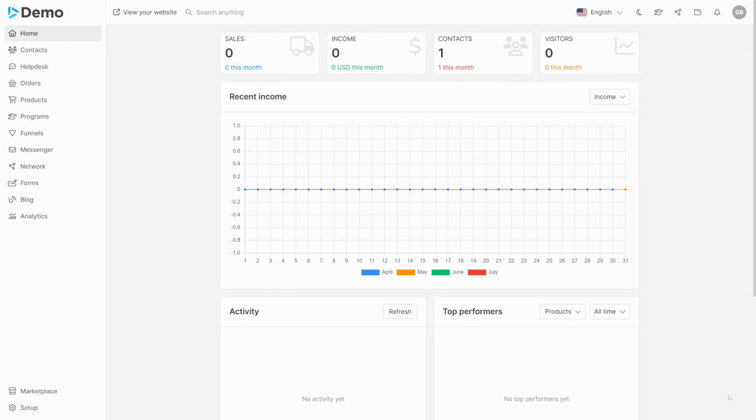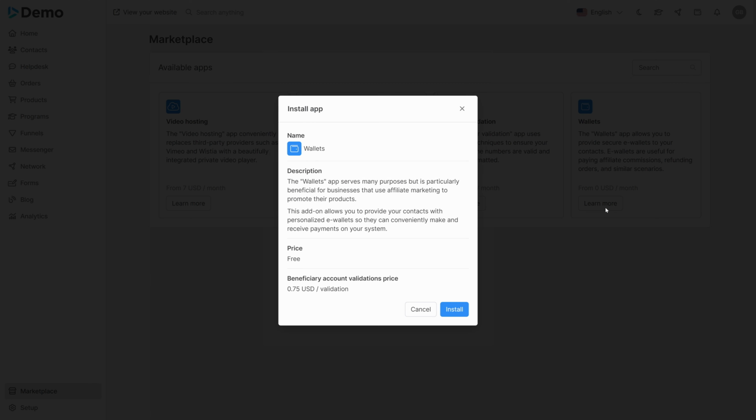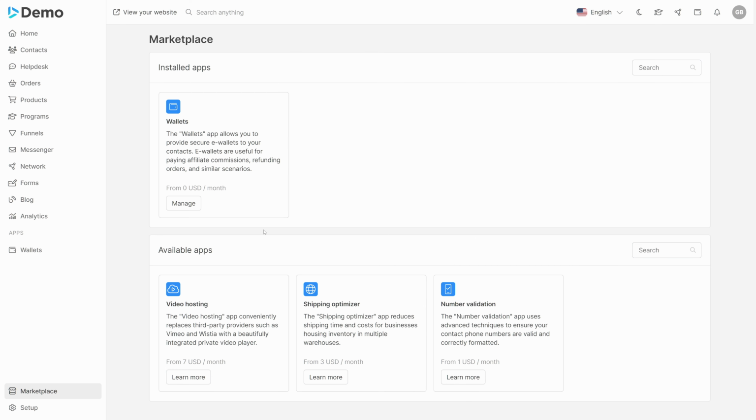To make a payment into a user's wallet, you're first going to make sure that the Wallets app is enabled. So I'm going to navigate over to the marketplace over here on the bottom left-hand side, come here to my Wallets app, hit Learn More, and then click Install. This is going to install the Wallets app, and you'll see it's been added to my navigation over here on